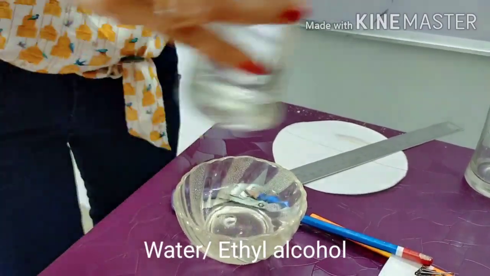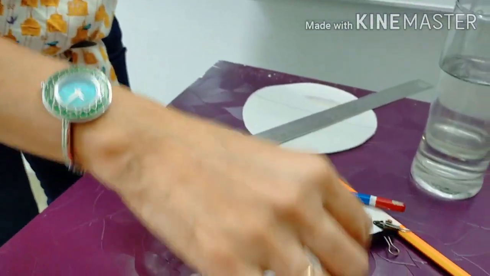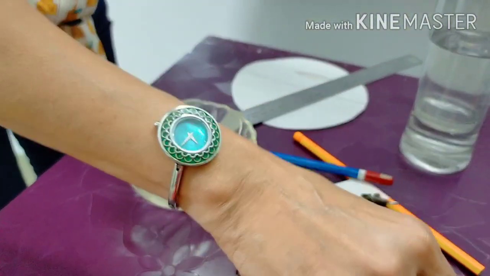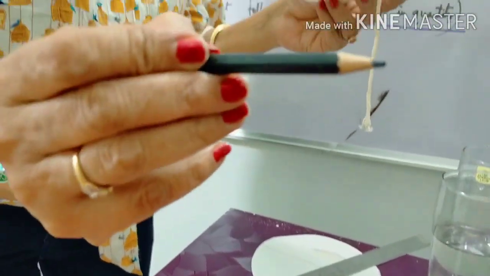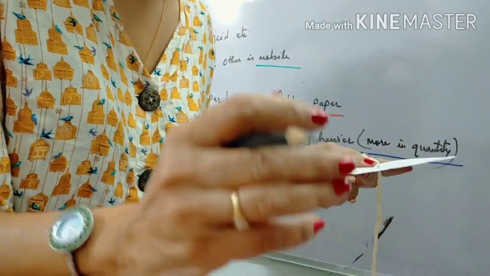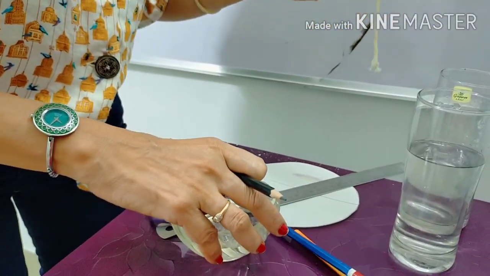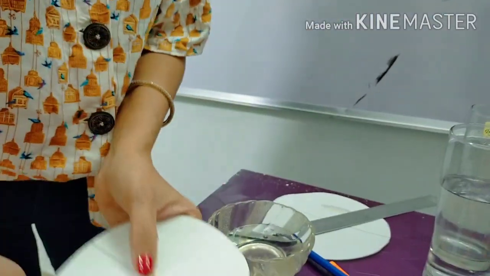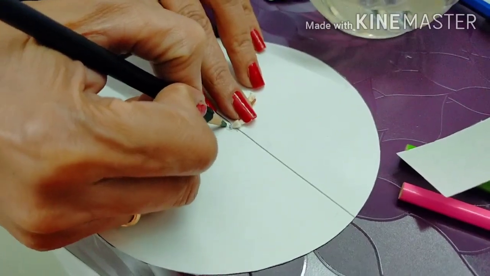Okay, and then what we do, that is a component which is to be separated. Usually the colored inks can be separated. So suppose if I want to separate the components of this black colored ink, I'll be putting this over here. Or suppose if different colored inks have been mixed together, we'll be putting that over here. So first let me show you with different colors. The ink of this particular color has to be separated, so I'll just put it over here.